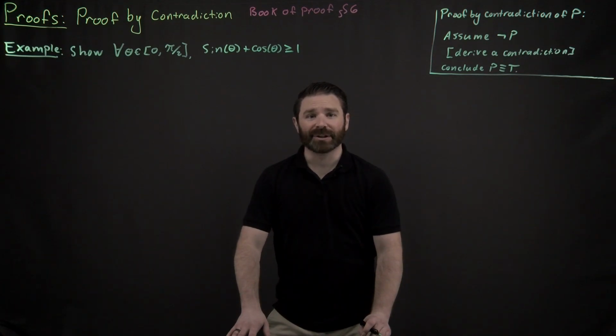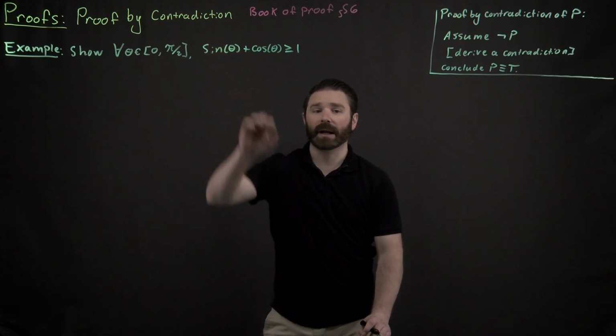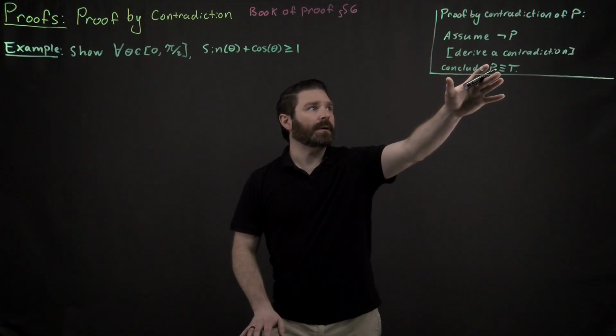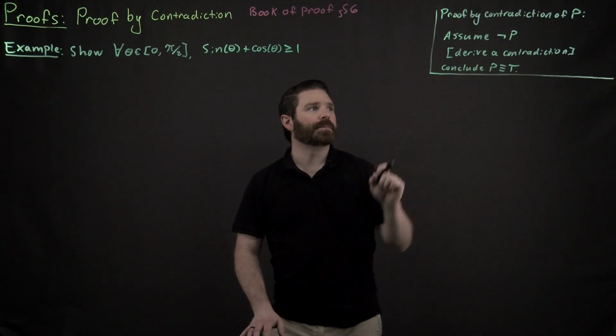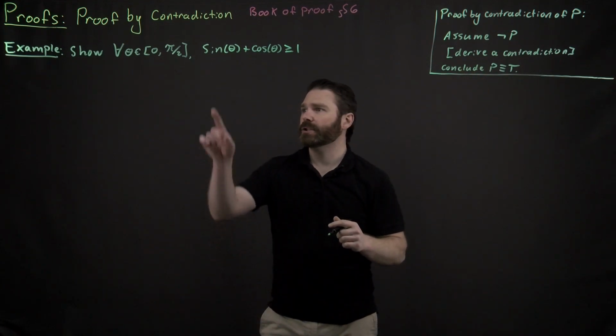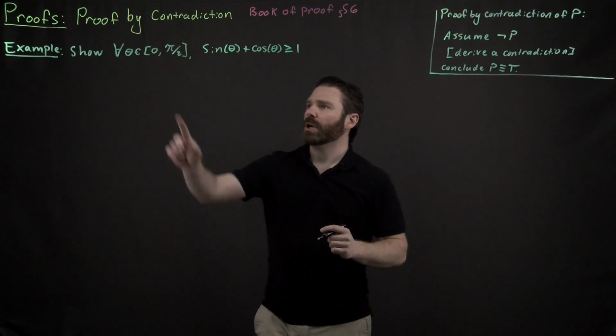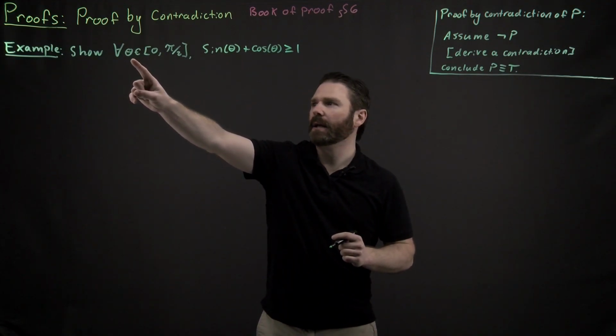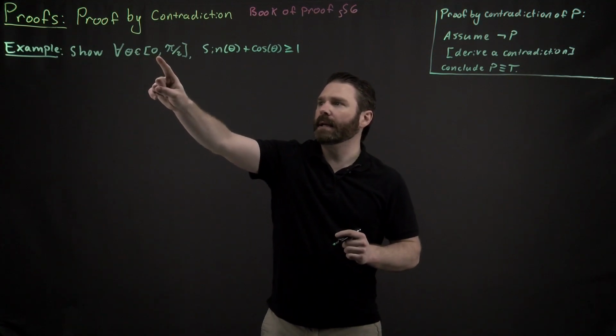So let's go ahead and look at an example of a proof by contradiction. I have put up here the method by which a proof by contradiction proceeds, and what we want to do is apply it to this particular example. Show that for every theta, that little symbol right there is a theta, think of it as an angle, in